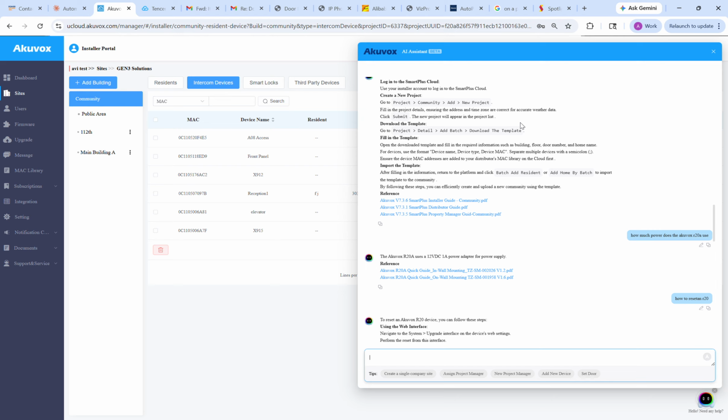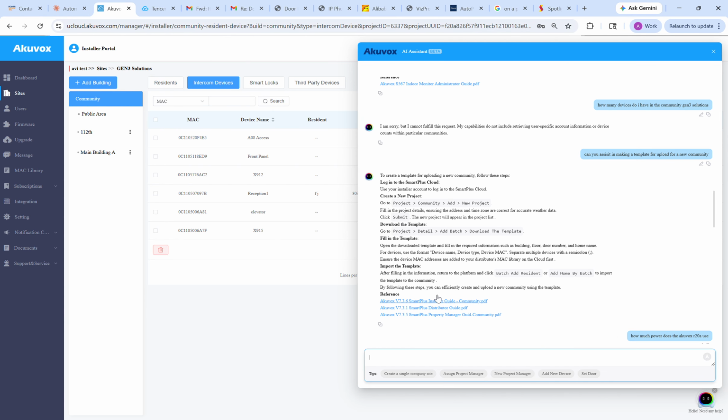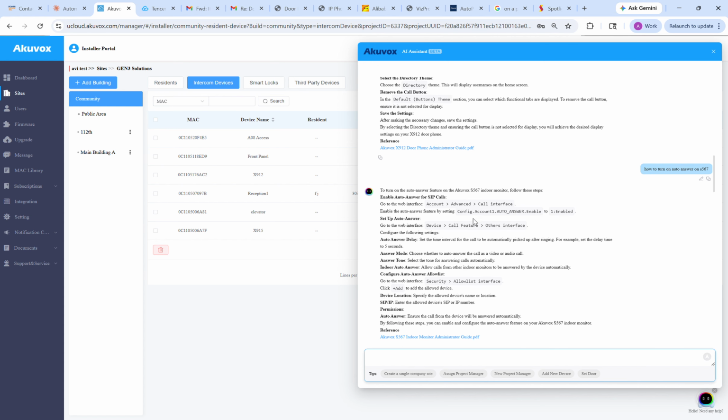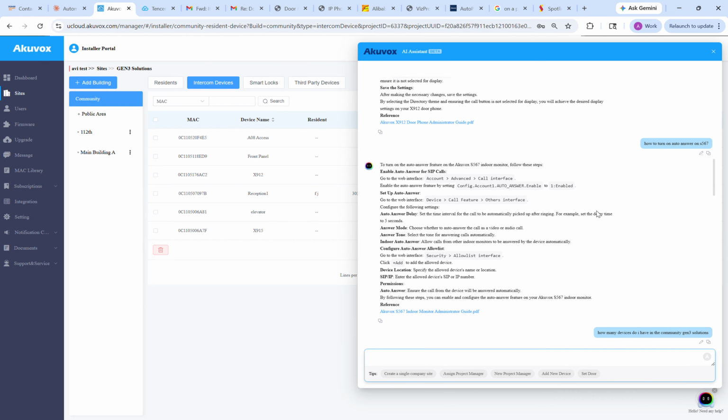Let's see, templates, how to create the templates and where that information is. But also some basic information. How do I turn auto answer on an S567? Again, not only does it tell you where to do it, it also gives you the option for the